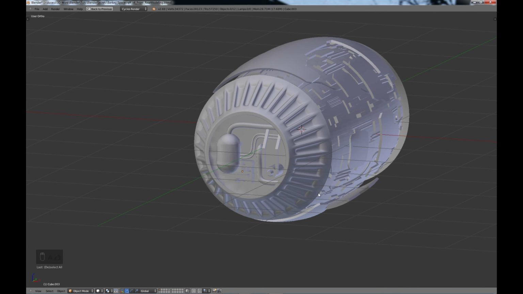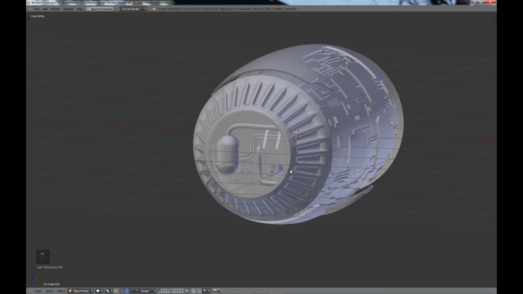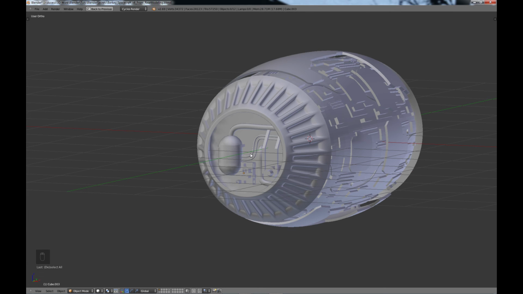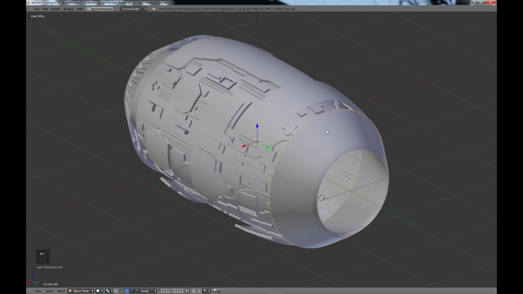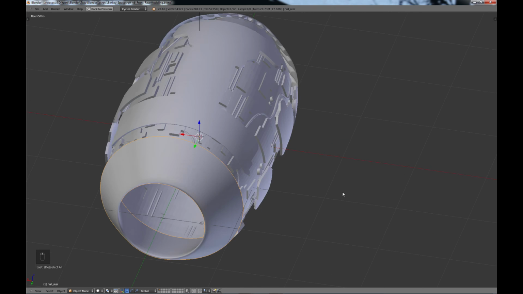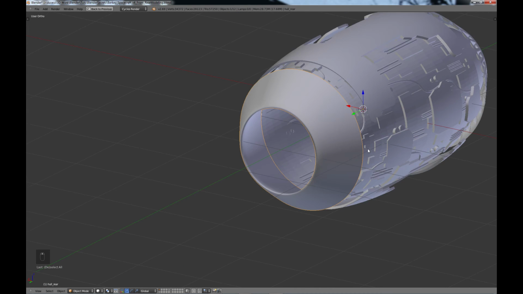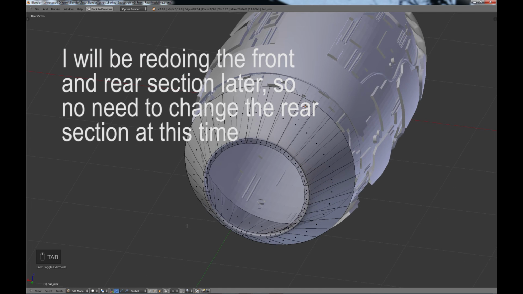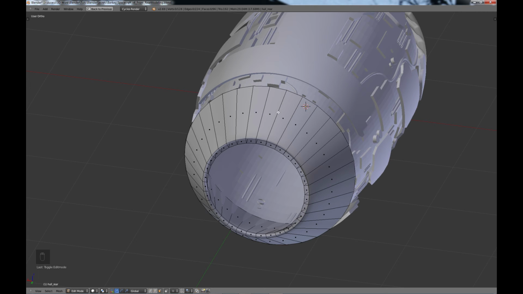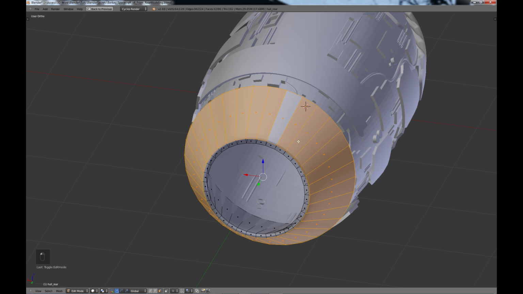Okay. And now we need to look at the back side. For the details, I'm going to just duplicate this and bring it to the back. But first, I want to look at this rear part of the ship. This is pretty bland. There's nothing really here. So I think I'm going to turn my occlude on, and I'm going to do sort of the same thing, but not quite. I'm going to Alt select all these faces